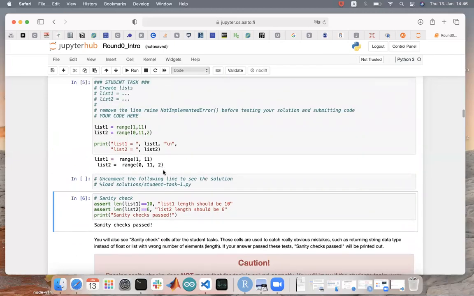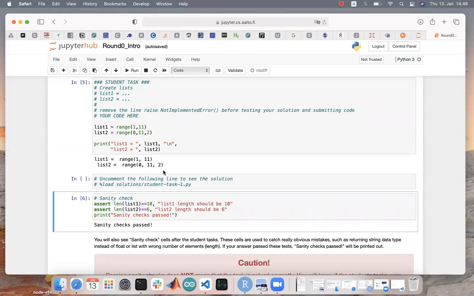So these sanity checks, they are just to catch some major error. For example, the length of the object of the list is not correct, or the data type is wrong, or the shape of the array is not correct, but they are not checking the actual coding solution. So passing the sanity check doesn't mean that your solution is correct. You will only know if your solution is correct after you got your auto-graded notebook, after you got your feedback. And that is going to be only after deadline passed. So unfortunately, there is no immediate feedback for your coding solution.